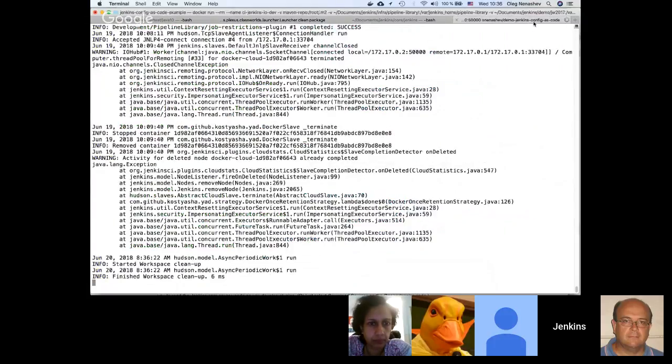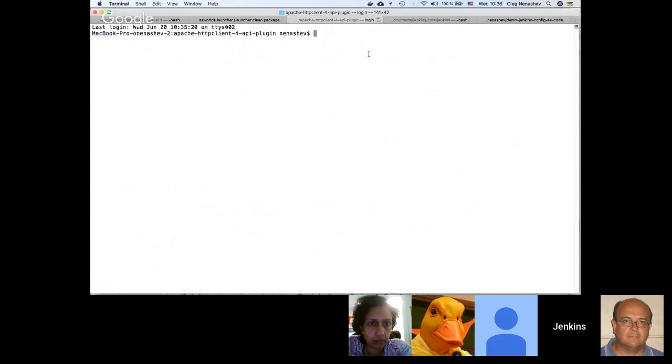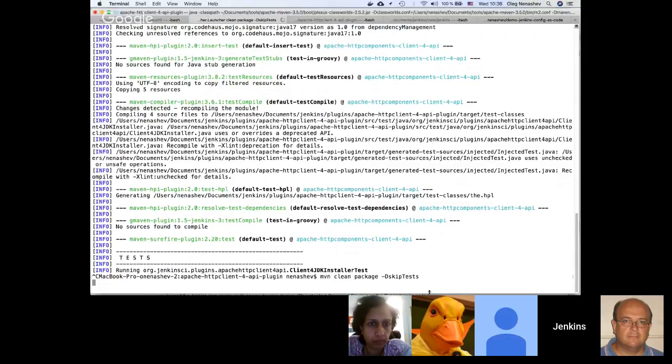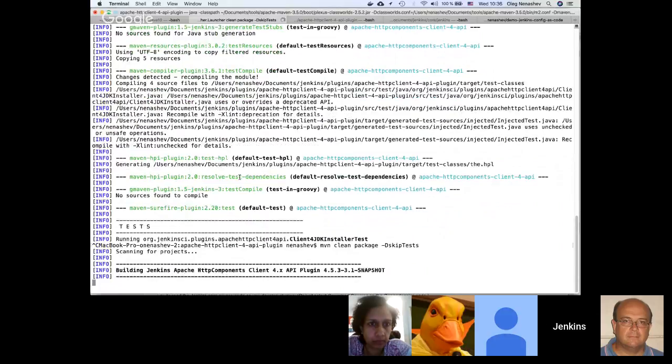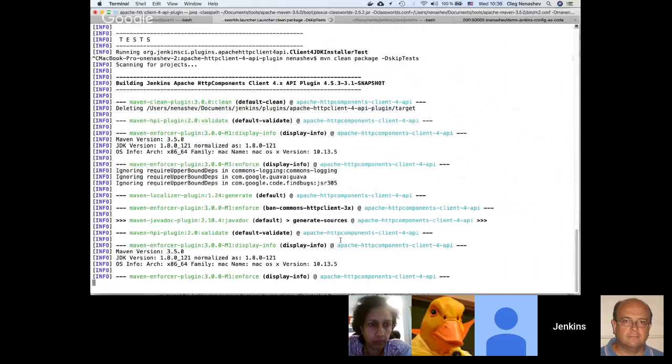So just a second, I'll terminate. Keep it running. If you want to test the build, you can just say Maven HPI run. It's part of the Jenkins plugin. Actually, I'll skip tests. If you want to develop things quickly, you have an option for plugins. For example, I do not want to wait for tests, so I just disable them.